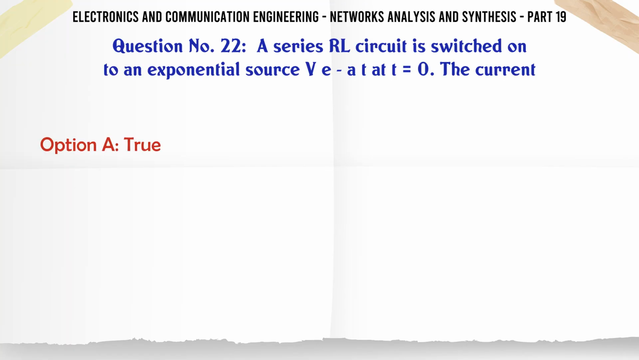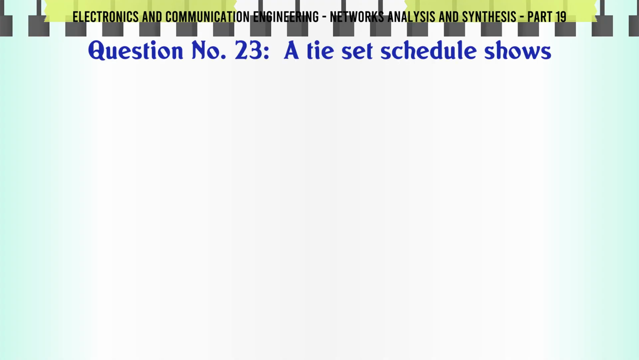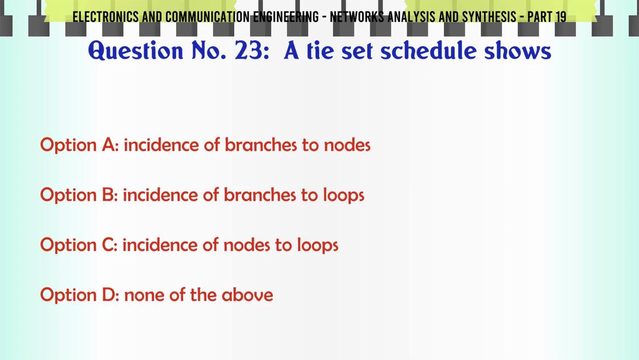A series RL circuit is switched on to an exponential source V e^(-at) at t=0. The current: A) true, B) false. The correct answer is false. A tie-set schedule shows: A) incidence of branches to nodes, B) incidence of branches to loops, C) incidence of nodes to loops, D)